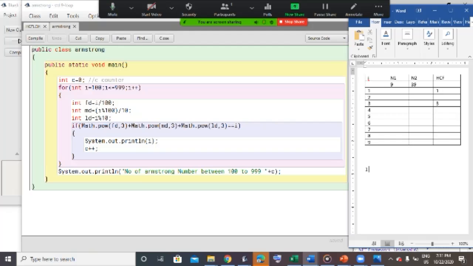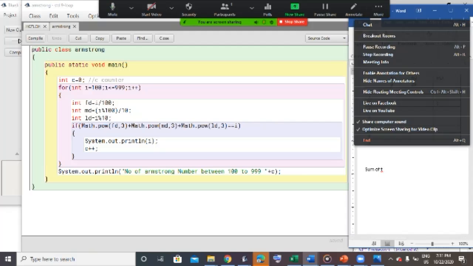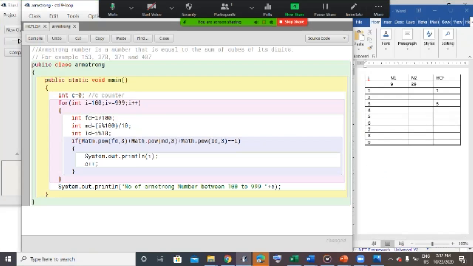I'll write the definition over here. An Armstrong number is a number that is equal to the sum of the cubes of its digits. For example, 153, 370, 371 and 407.